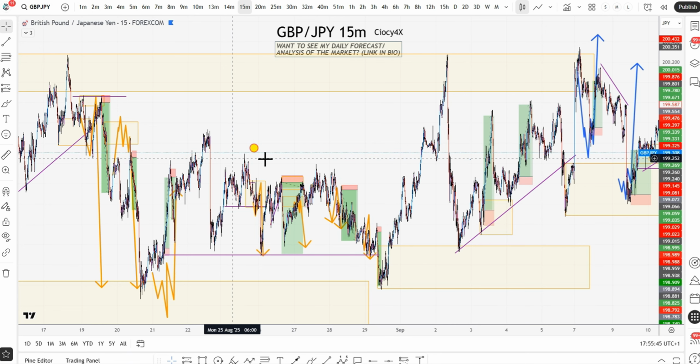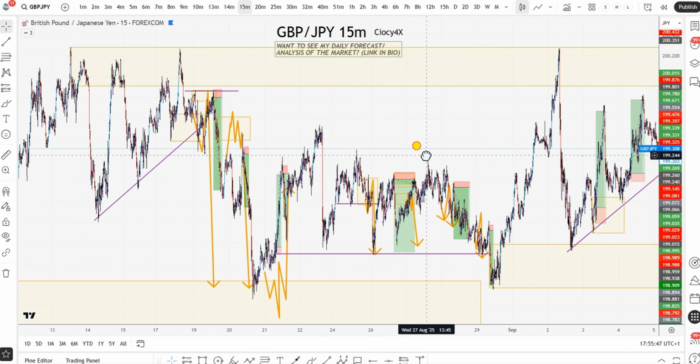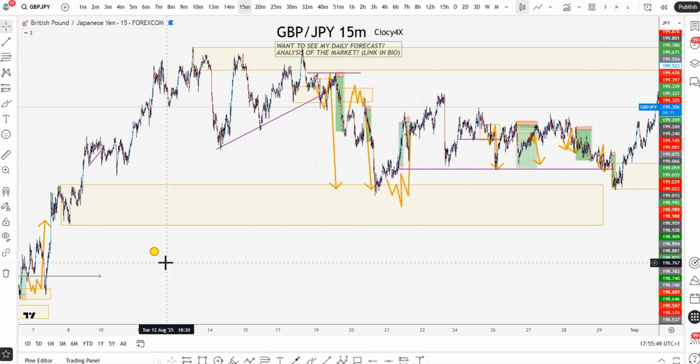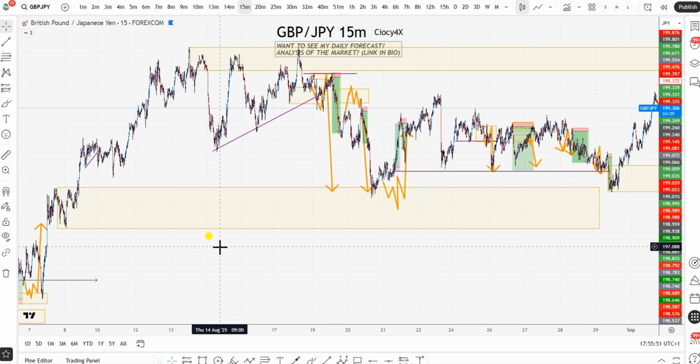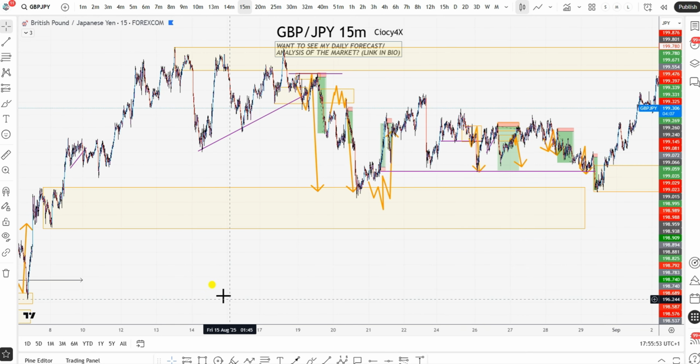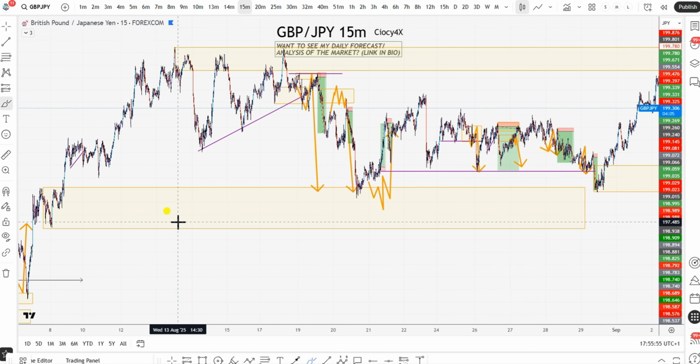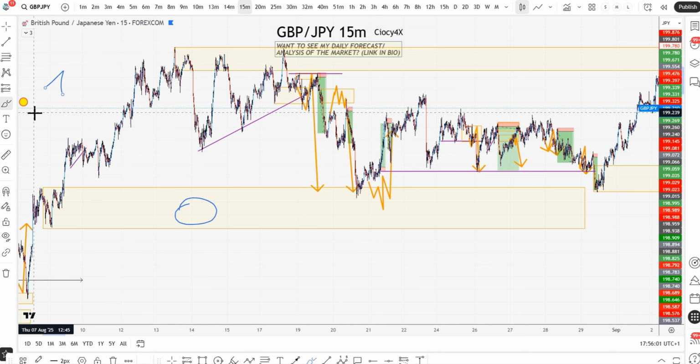First things first, what I want to start with before I even get into these trades is that you need to understand that the first principle of trading, regardless of whatever strategy you're using, is the importance of building a narrative. So this is tip number one for today. What do I mean by building a narrative?